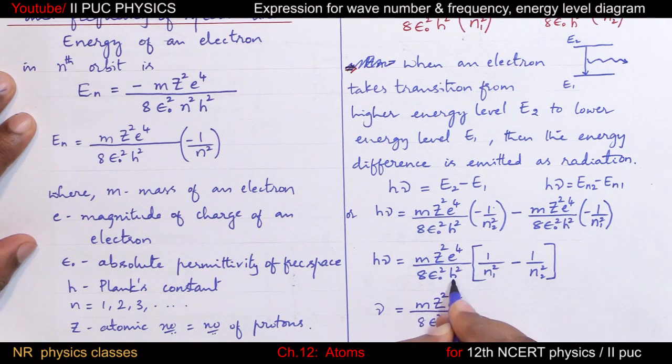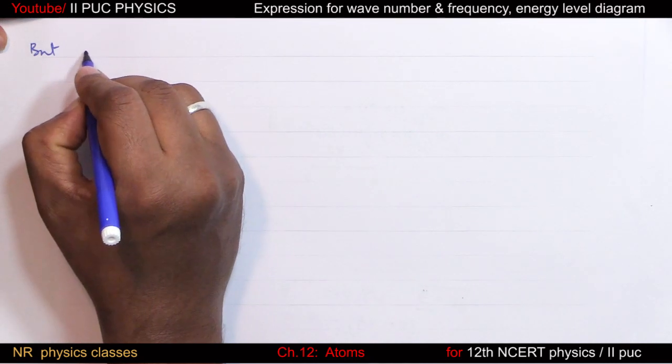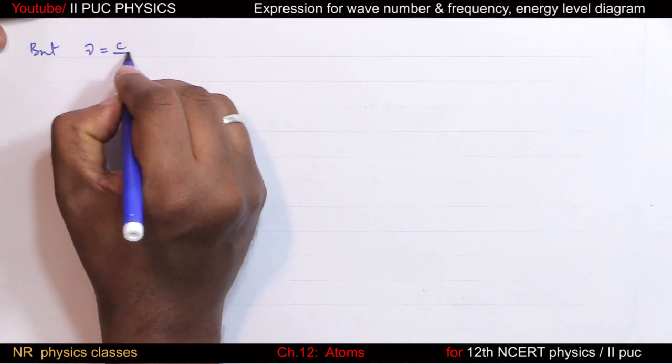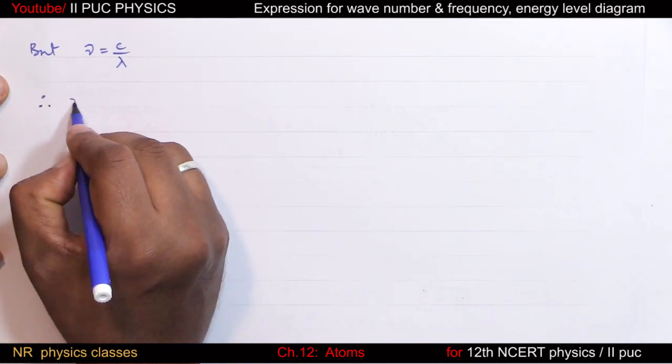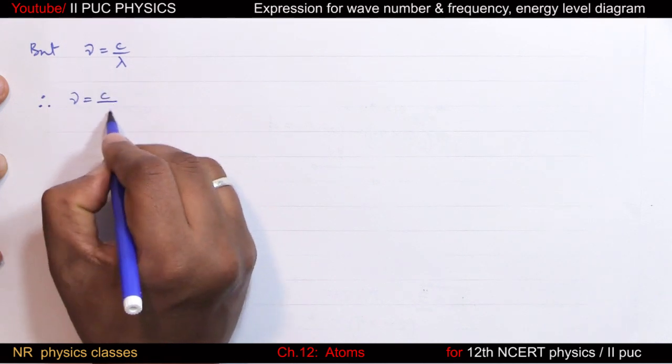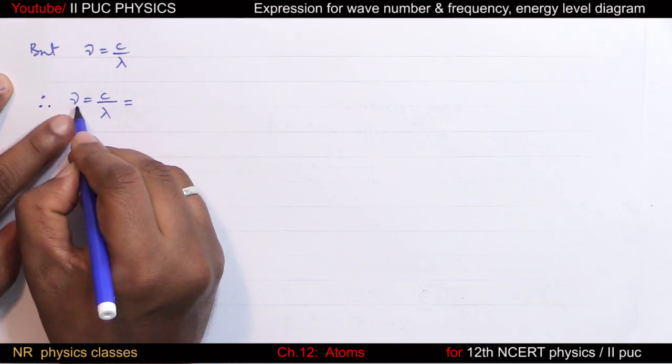8 epsilon naught square, h square into h is h cube, into 1 by n1 square minus 1 by n2 square. This is the expression for frequency of spectral line, frequency of radiation emitted. But frequency equals c by lambda, where lambda is wavelength. Therefore, frequency, which is c by lambda, equals the expression for frequency,